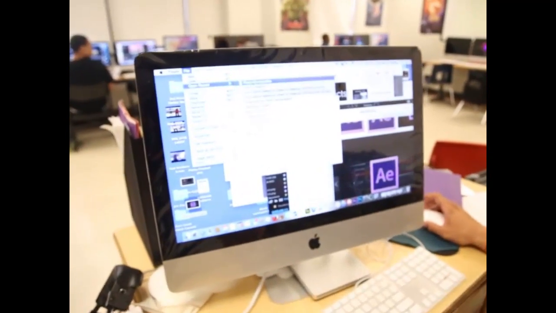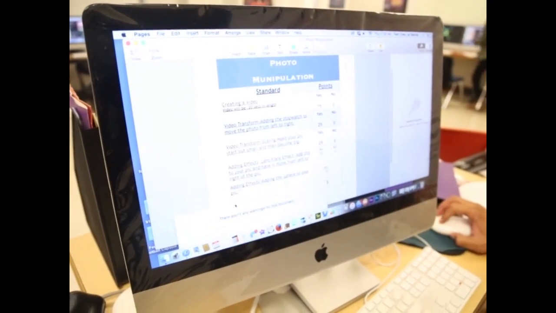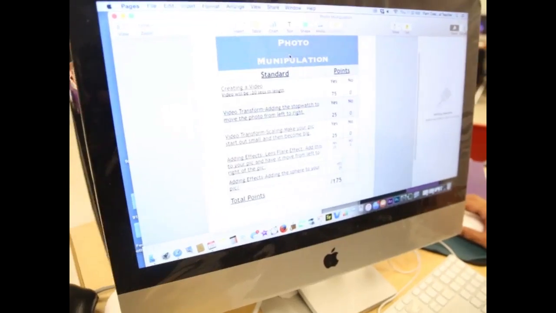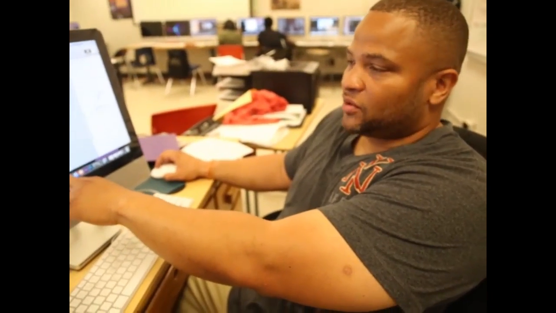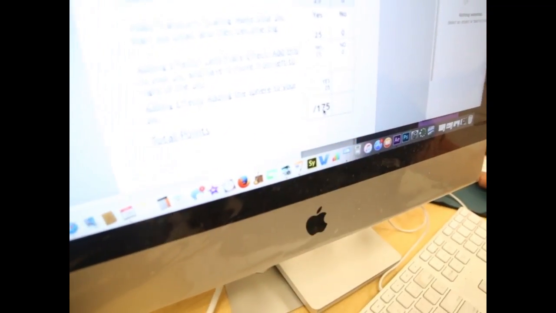So on this right here, let's see if we have room creation. Let me open that back up, photo manipulation. All right, it's going to be the same as the photo manipulation. The only thing I'm going to change is just the title, but they will have the same amount of points. The points right here are worth 175 points. All right, back out, because I see you ain't going out of focus. There'll be 175 points, and then they will have 2 more videos that they will end up doing, and then they have their final project